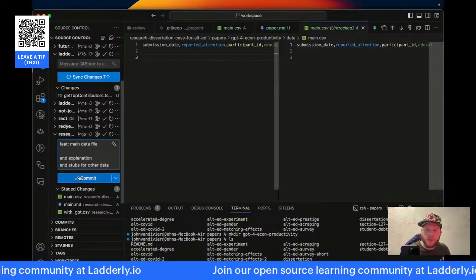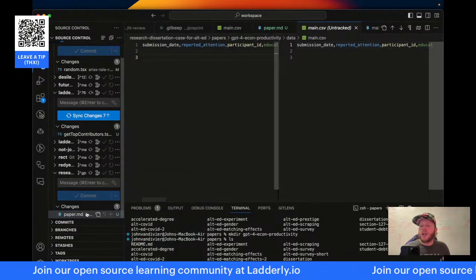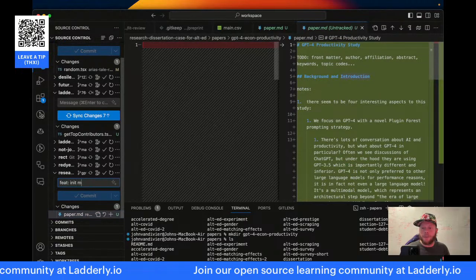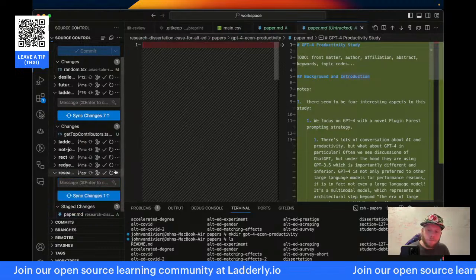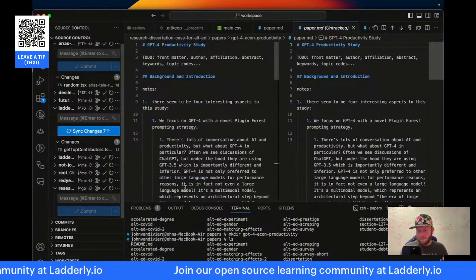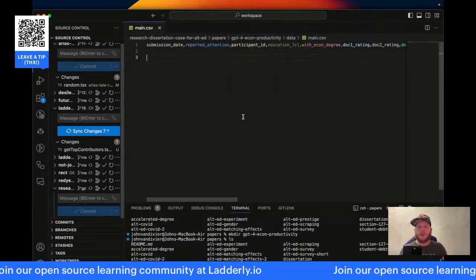Okay, we'll commit those. And then paper, here's the feed. This is an init paper MD. All right, so let's start filling out this main data file.